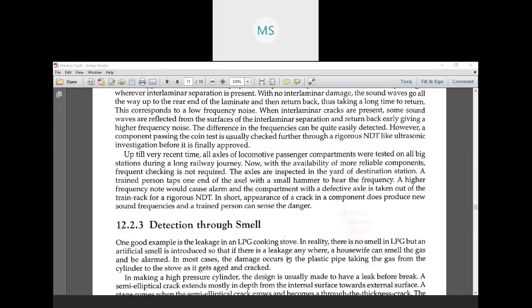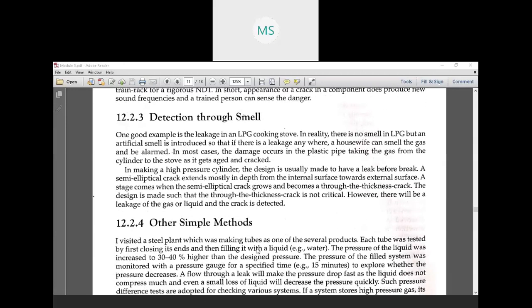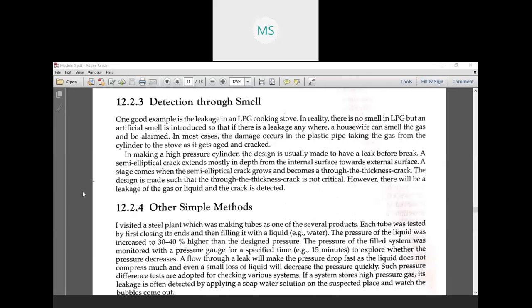Okay, fine. So this is what I want to tell. Next thing, the third one, comes through the smell. A very good example in our own home is LPG, liquefied petroleum gas. If it works normally, if there is no defect and all things are going well, then there will be no smell. If the LPG has some problem or defect, you can smell the leakage. Correct? So that is the detection of the mishap through the smell.